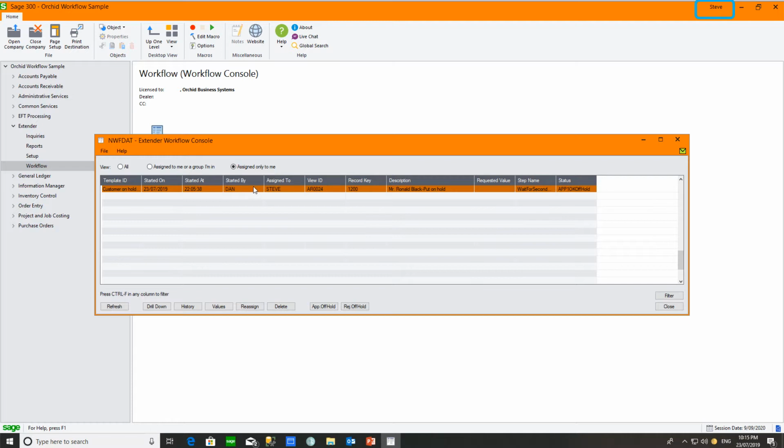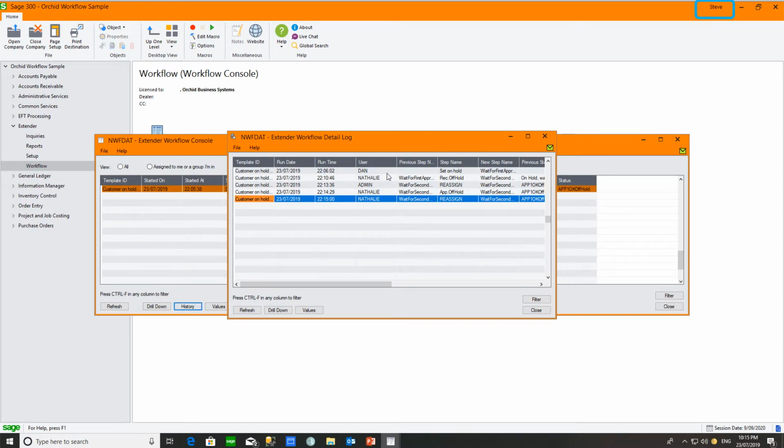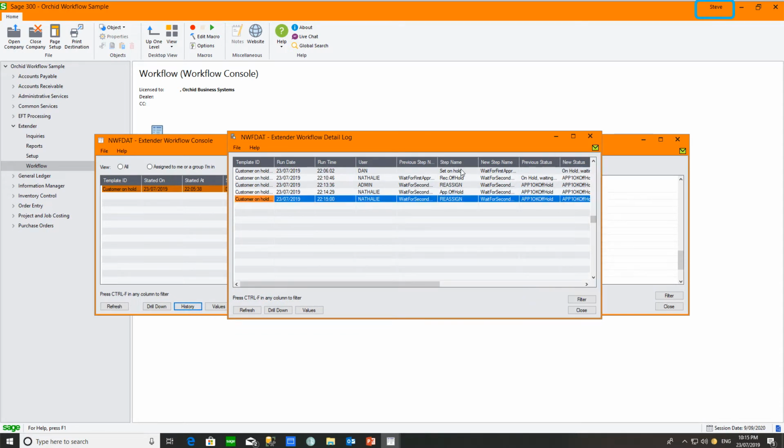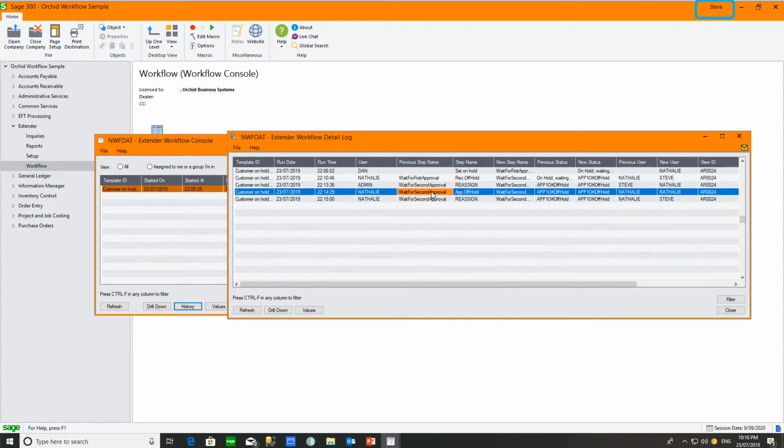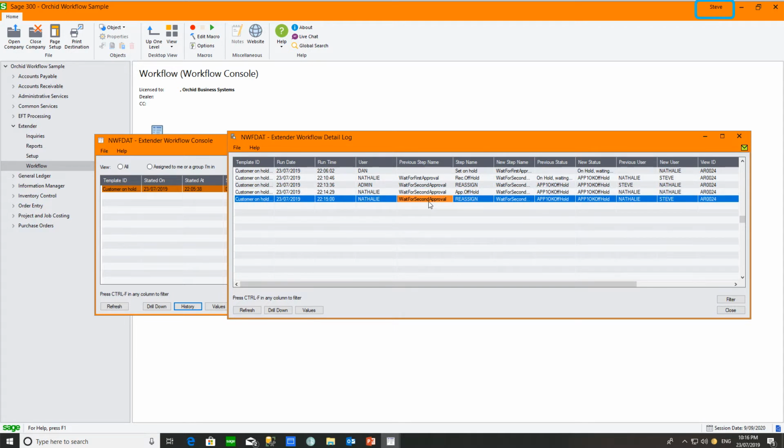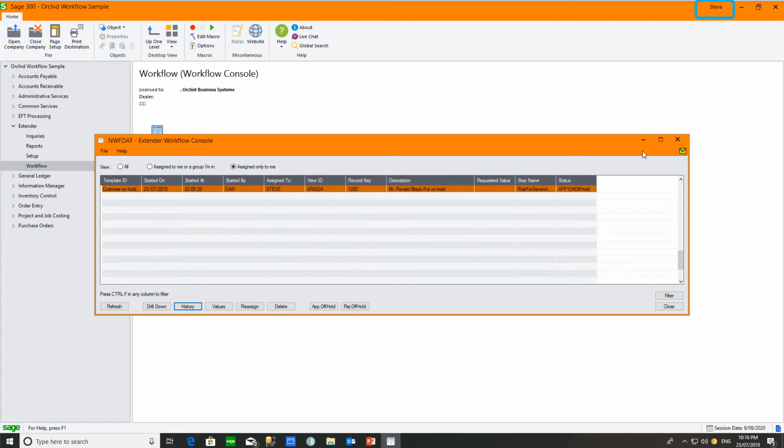So Steve sees the workflow instance that he needs to approve, and looking at the history, he can see that Dan submitted it in the step set on hold. Natalie, for the wait step for the first approver, approved, and it got assigned to Steve. And then admin reassigned it to Natalie. Natalie tried to approve, but got the error message and then had to reassign back to Steve. And now Steve can go ahead and either reject the off-hold request or approve the off-hold request. Assuming he approves the off-hold request,